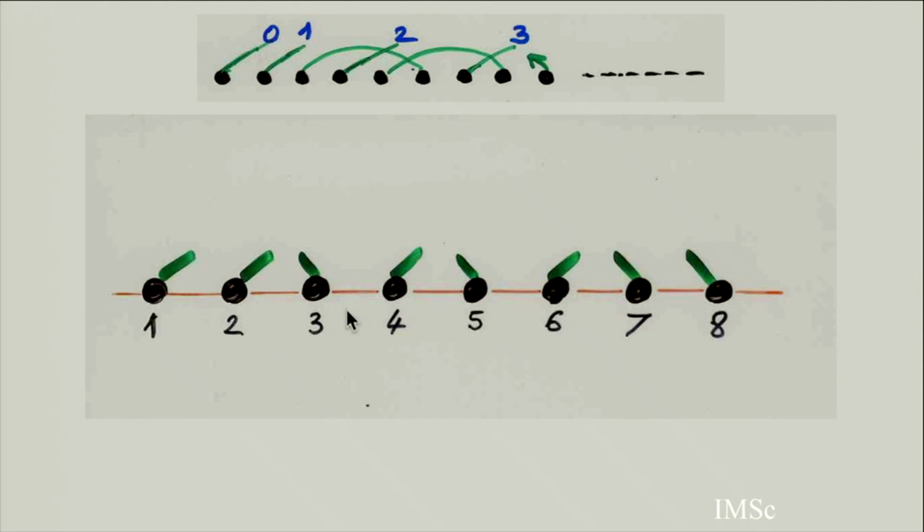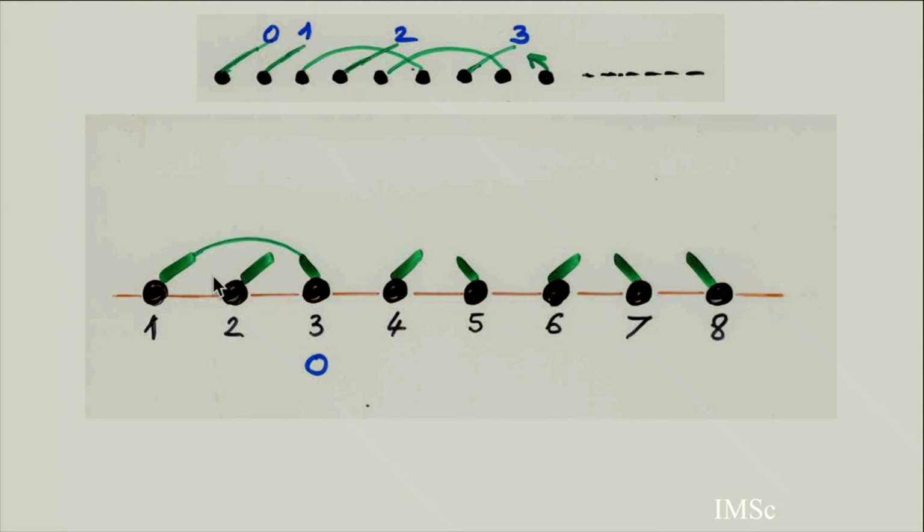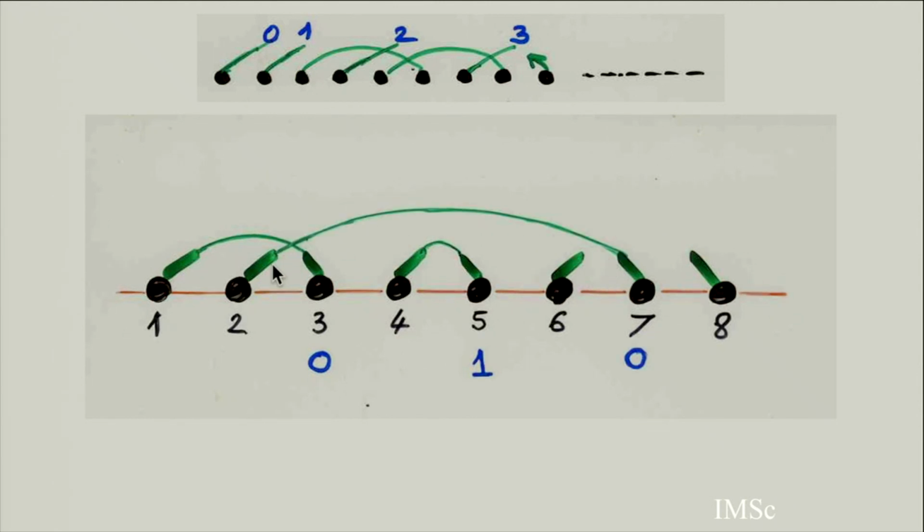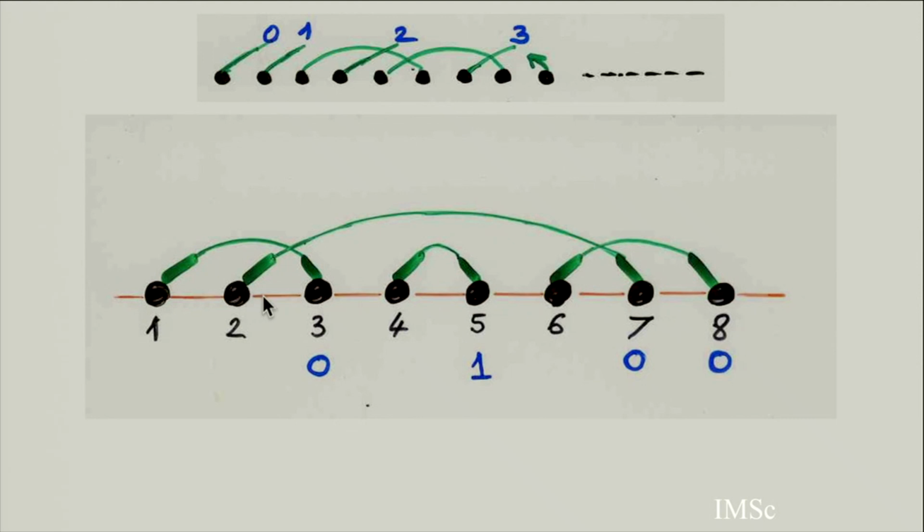And let's do the history. So here I am going up, then 3. It's going to be connected to one of these with 2 possible choices. And I'm choosing the choice 0, the first choice. Then you go to the 5. So there are 2 possible ways to connect this. And for the 5, I take the second choice, which is labeled 1. First choice is 0, second choice is 1. And then for the 7, I take the first choice. And for the 8, there is no possible choice.